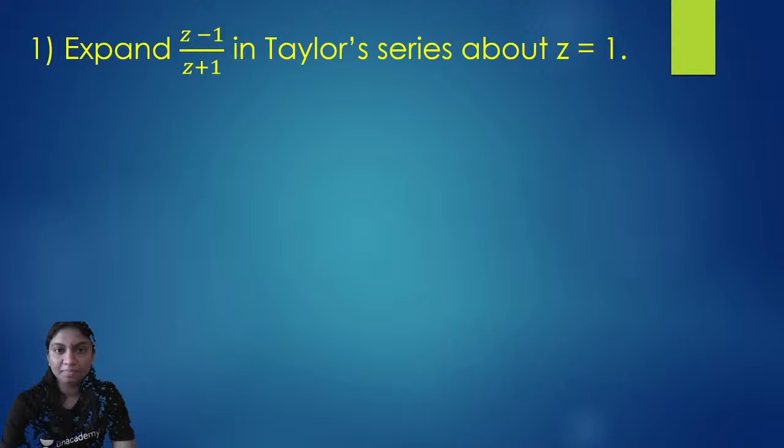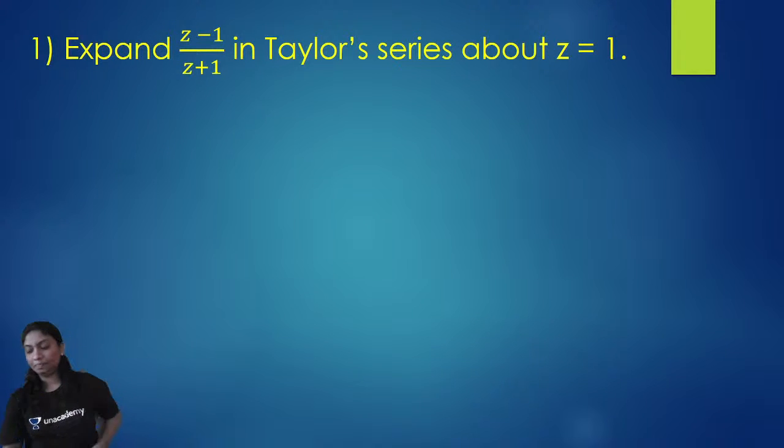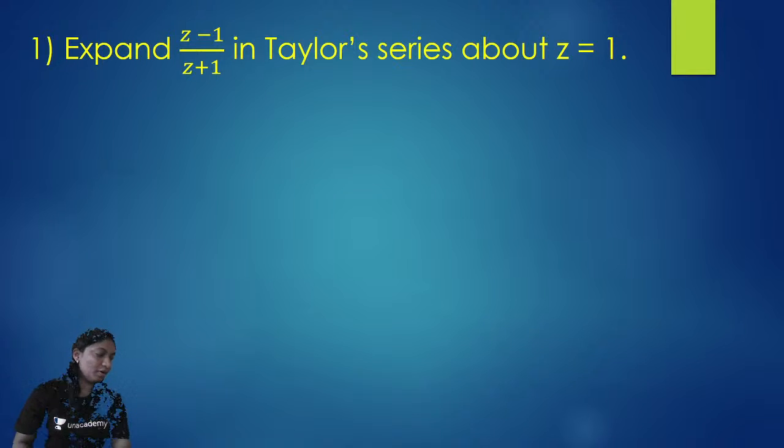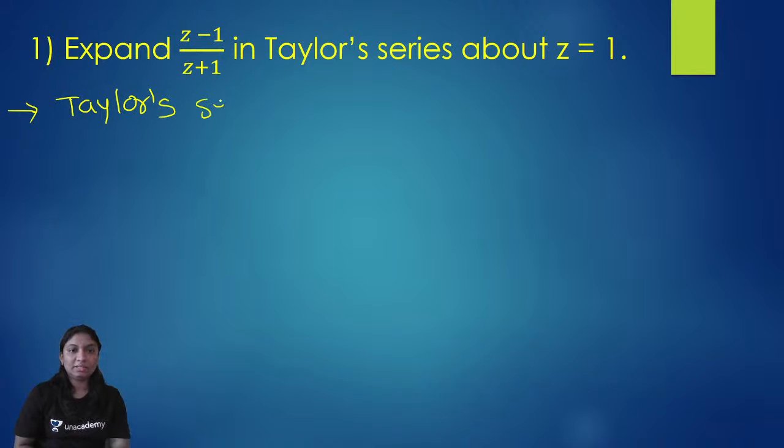Now we will see an example. Expand z minus 1 upon z plus 1 in the Taylor series about z equal to 1. Very simple example. We will expand this about z equal to 1. So here our Taylor series is defined as,